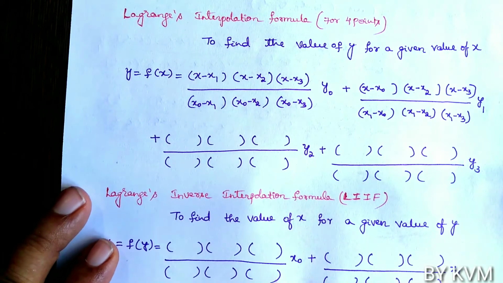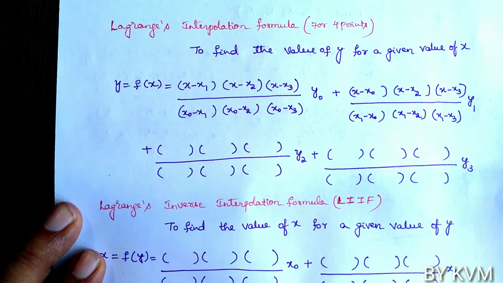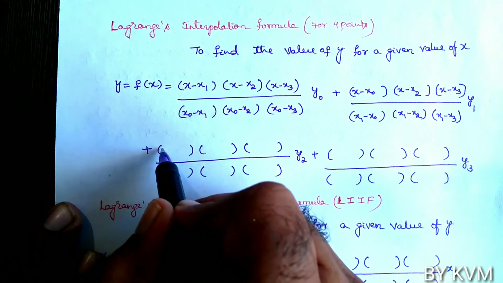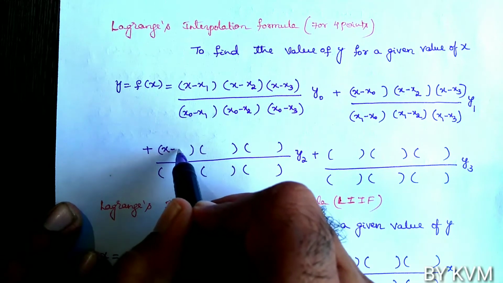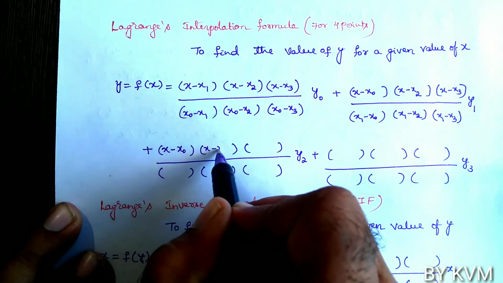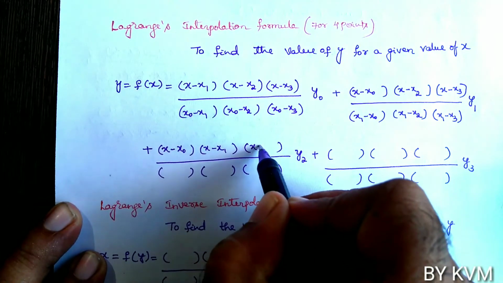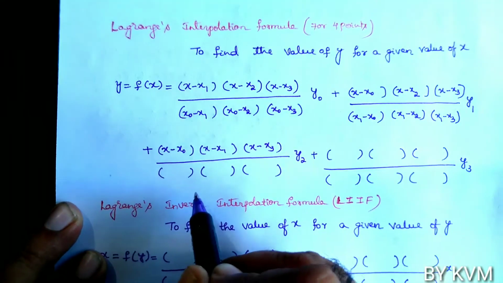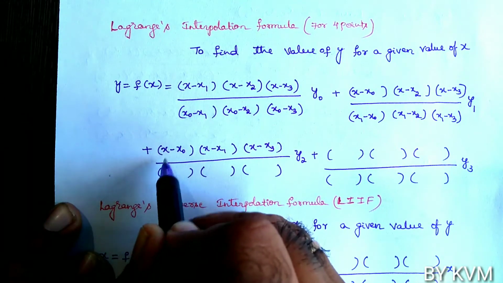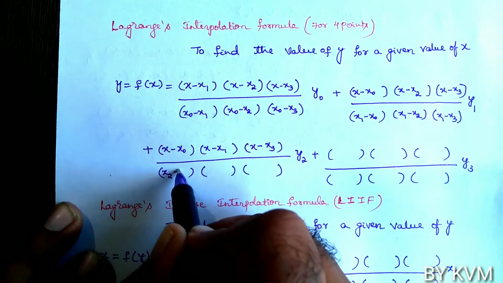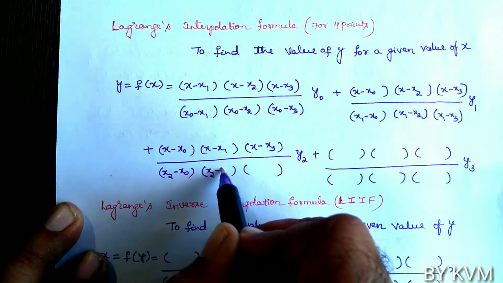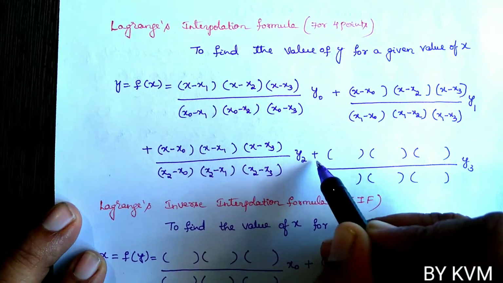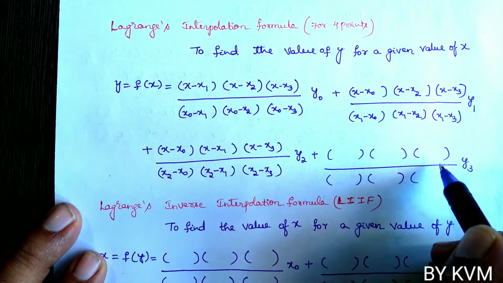So now the third term, in the third term exclude x2. So in the numerator we get x minus x0, x minus x1, x minus x3. So x2 is excluded here. Now in the denominator, in place of x take x2. So x2 minus x0, then x2 minus x1, then x2 minus x3 into y2, plus in the fourth term exclude